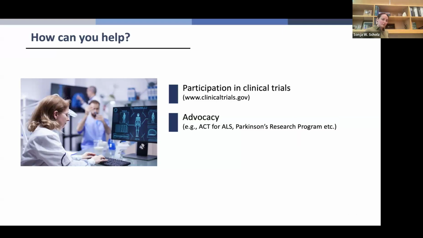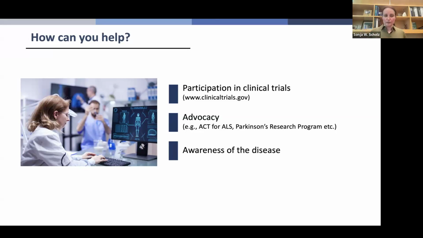We also need to really speak up and advocate for the MSA community, because advocacy really makes a difference. It has really been a major driver for many other diseases. So for example, Lou Gehrig's disease has had a lot of success with getting extra research support. There's an actual research program that was recently released that gives extra funding for the ALS community. The same has been done for Parkinson's disease, and we really need to speak up and request those resources for our patients. And then we need to raise awareness and educate the next generations of physicians, scientists, healthcare providers, patients,